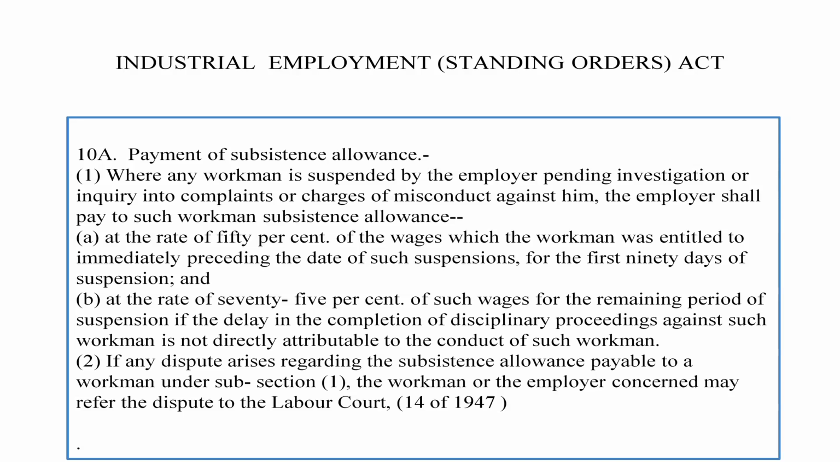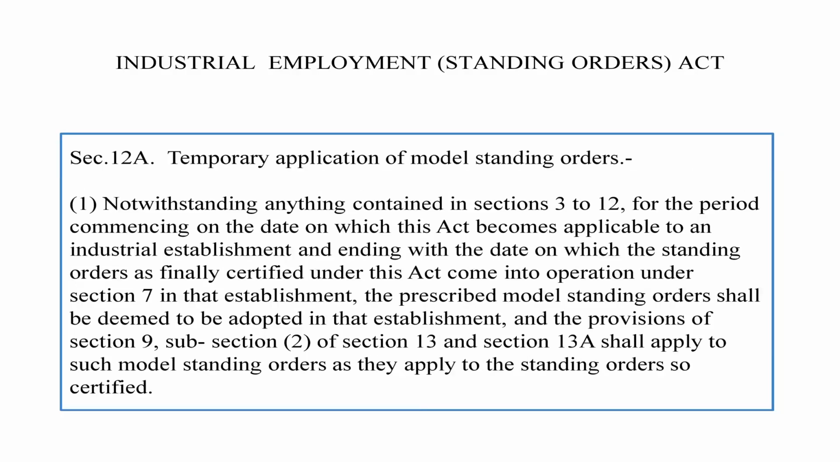Then in the standing orders also, there will be a clause on payment of subsistence allowance. It means that if a worker is suspended pending inquiry, he has to be paid subsistence allowance at the rate of 50% of the salary. It means 50% of the gross salary is subsistence allowance for the first 90 days. Thereafter it goes to 75% and thereafter it goes to 90% if the delay is on account of the management. If the inquiry gets delayed